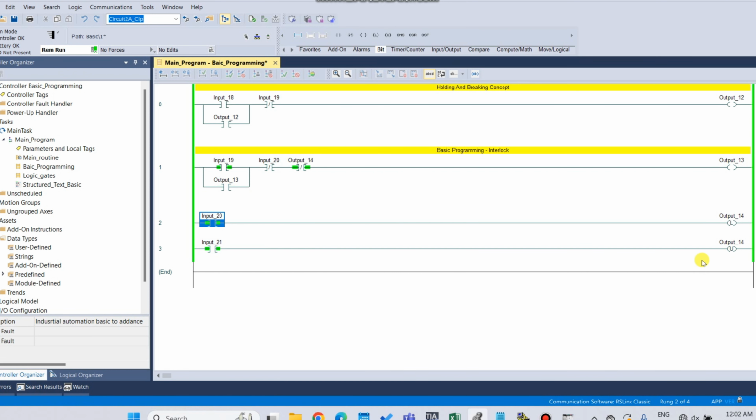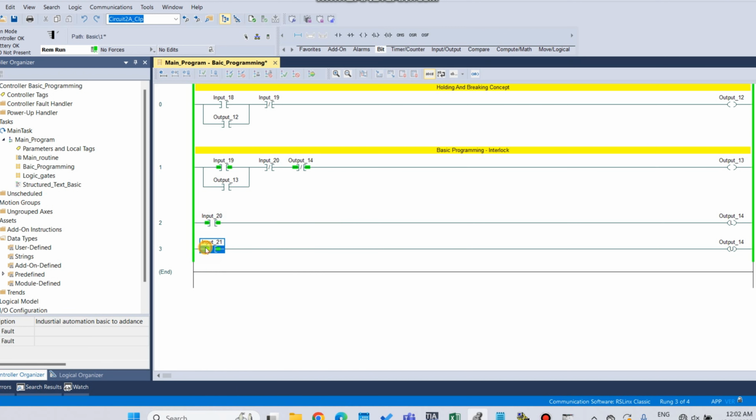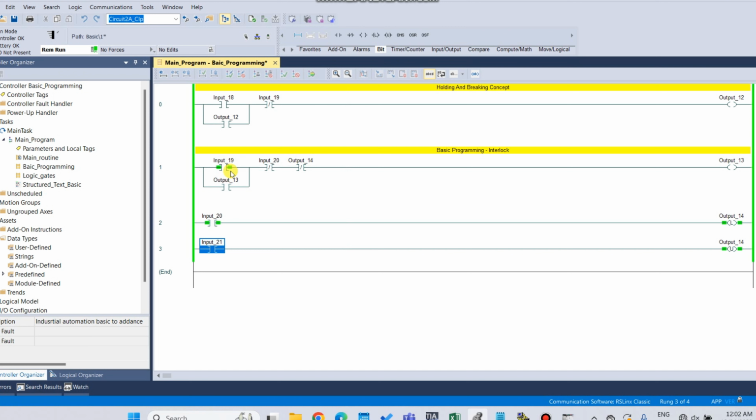Why? Because the output is already latched. So for this reason we cannot latch from input number 20. But if input number 21 unlatches, then output number 14 is easily latched.